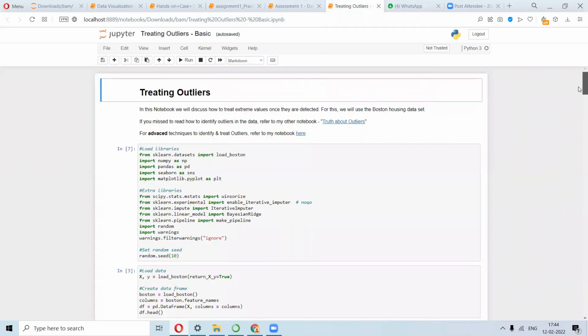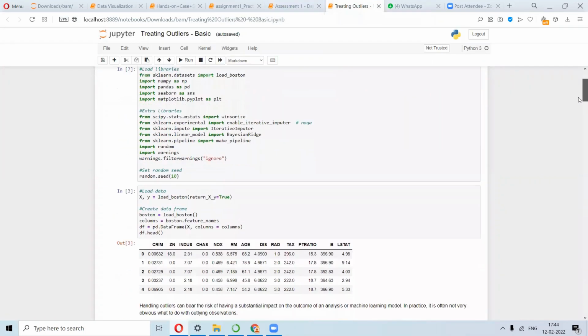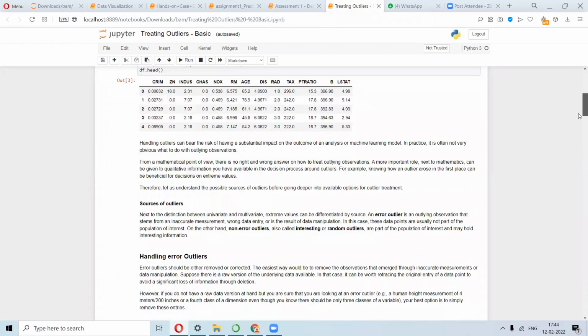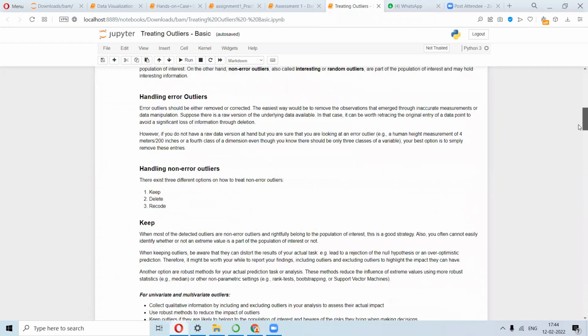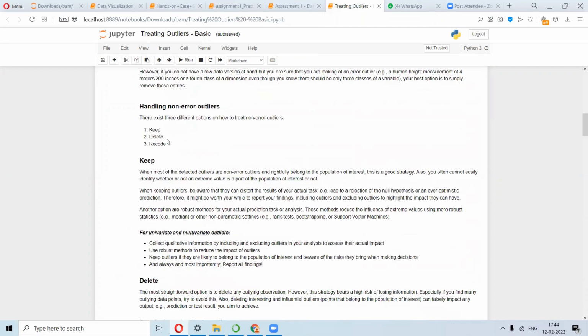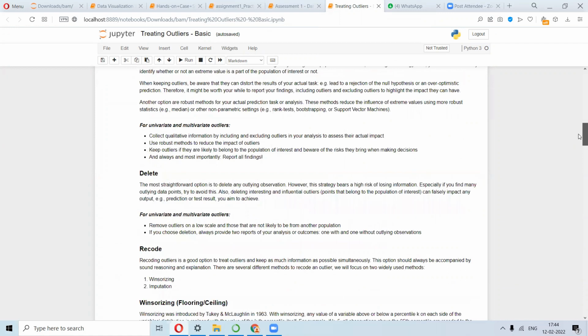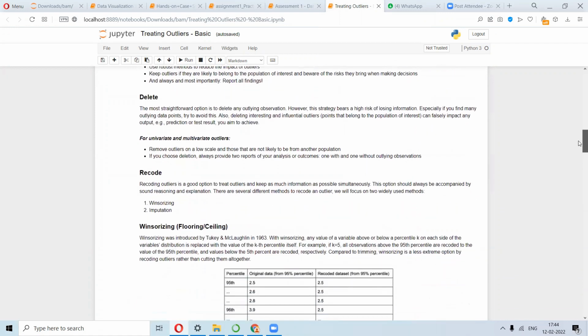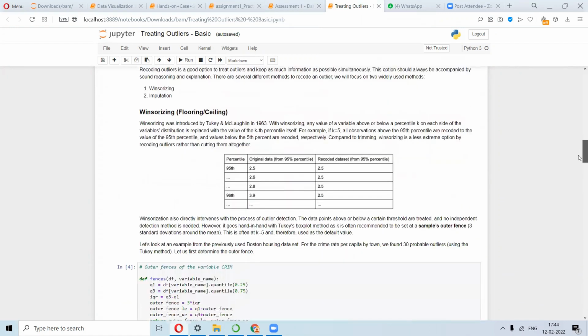Next we have treating outliers. There are basically three things that you can do: you can keep it, delete it, or recode it. You have to apply these according to the needs of your data set.